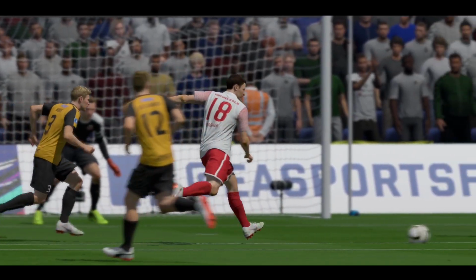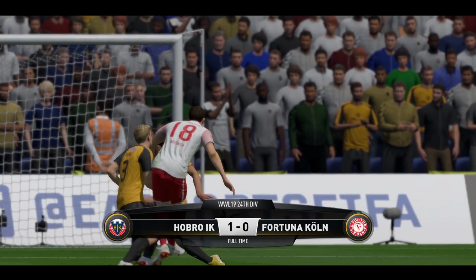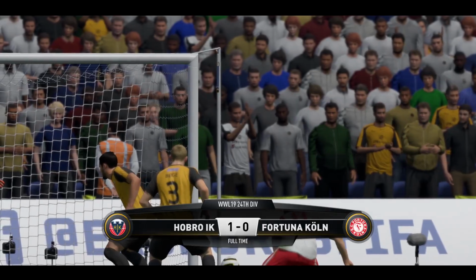Now this is an interesting attack. Here's the chance. Not far away at all. Well, if they keep creating chances, I'm sure